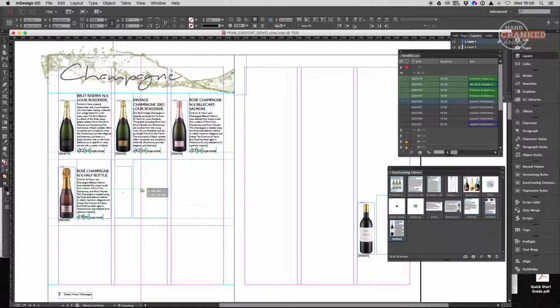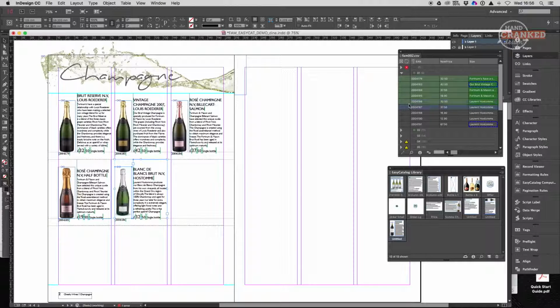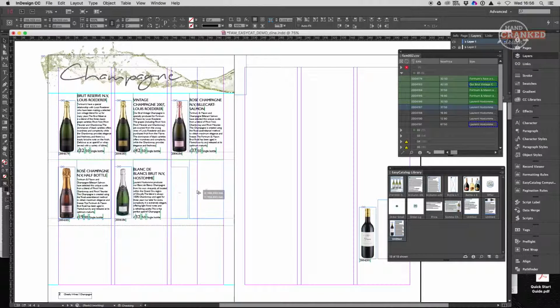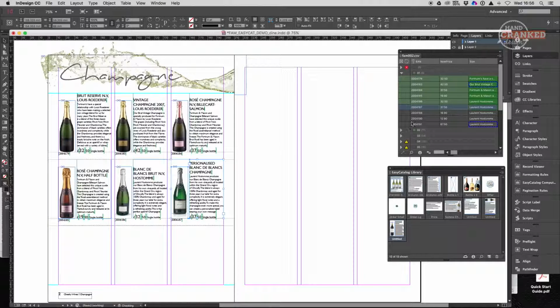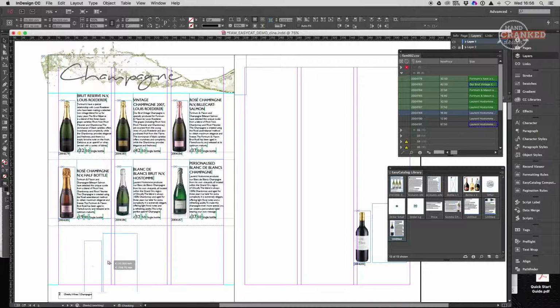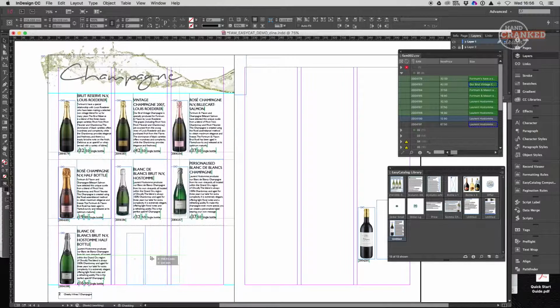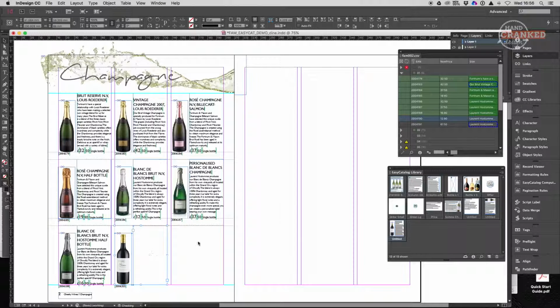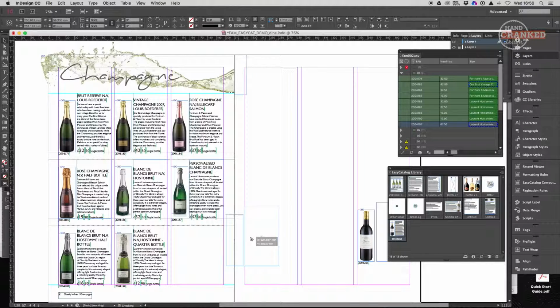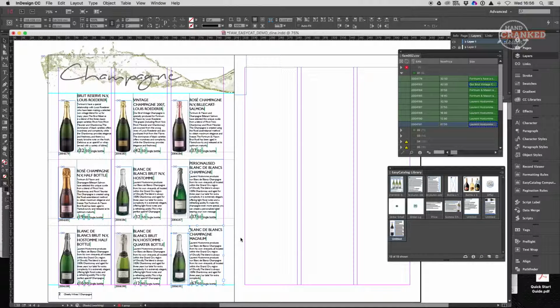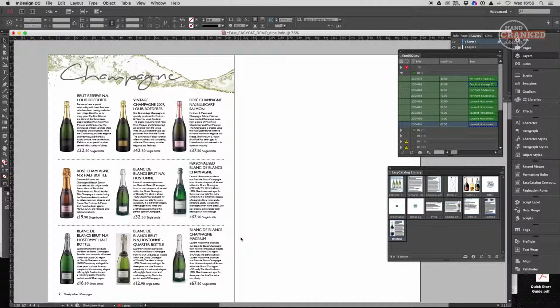One of the things I often hear when I discuss data publishing with marketing people is they're concerned that the pages are always going to be a very gridded layout in the style that I'm showing you here. So this is very good for this kind of thing. You can see the design here coming together very, very quickly using one template, and we have a lovely gridded